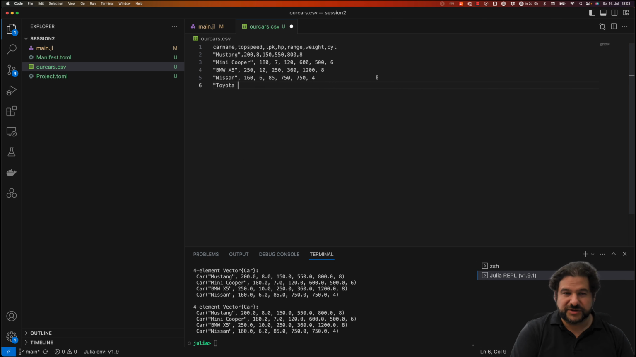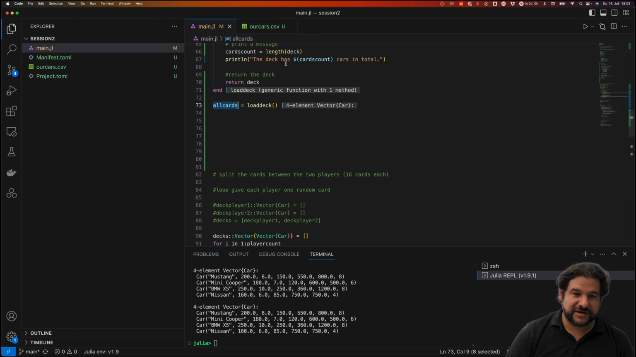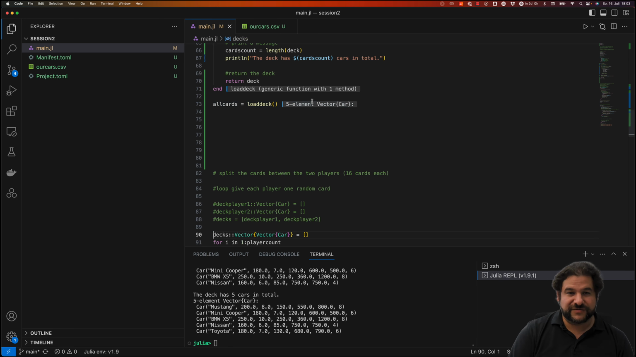Let's not do a Prius because that's an electric car. I don't know car names. Let's just say Toyota. The top speed would be 180, liters per kilometer, 7, HP, horsepower maybe 130, range 680, weight 790, and 6 cylinders. So now we have 5 cars, and when I do the load deck function, it now